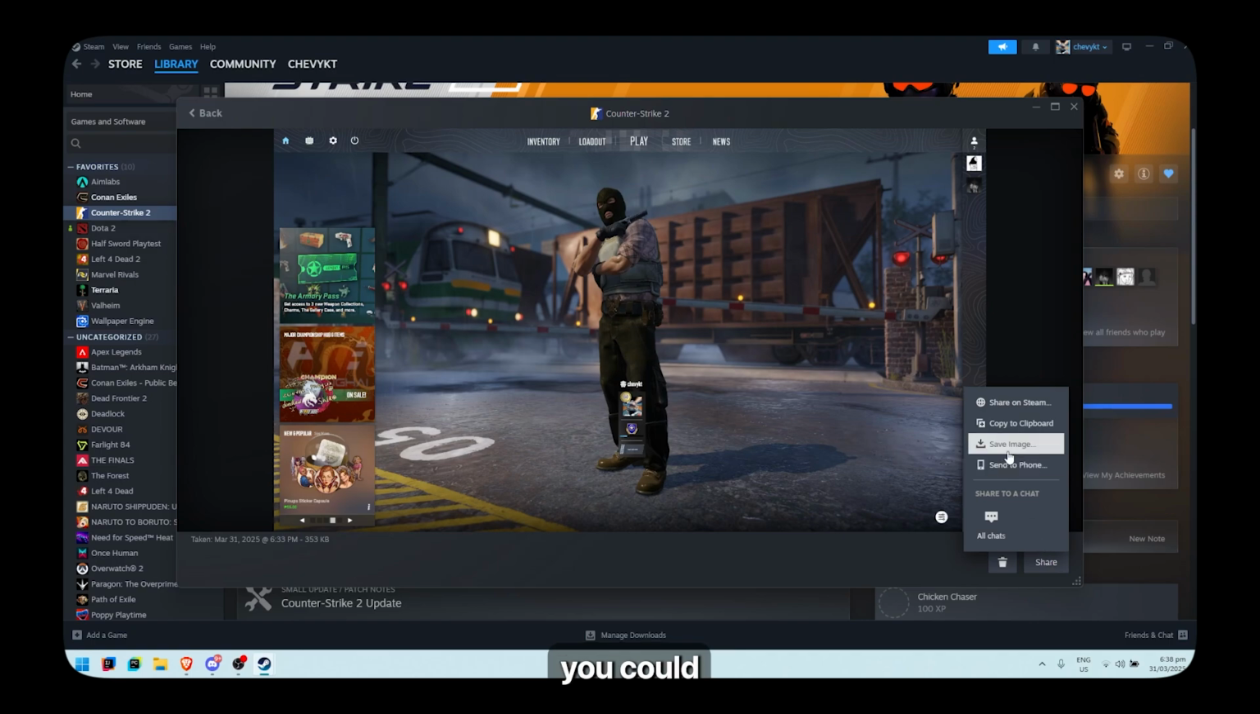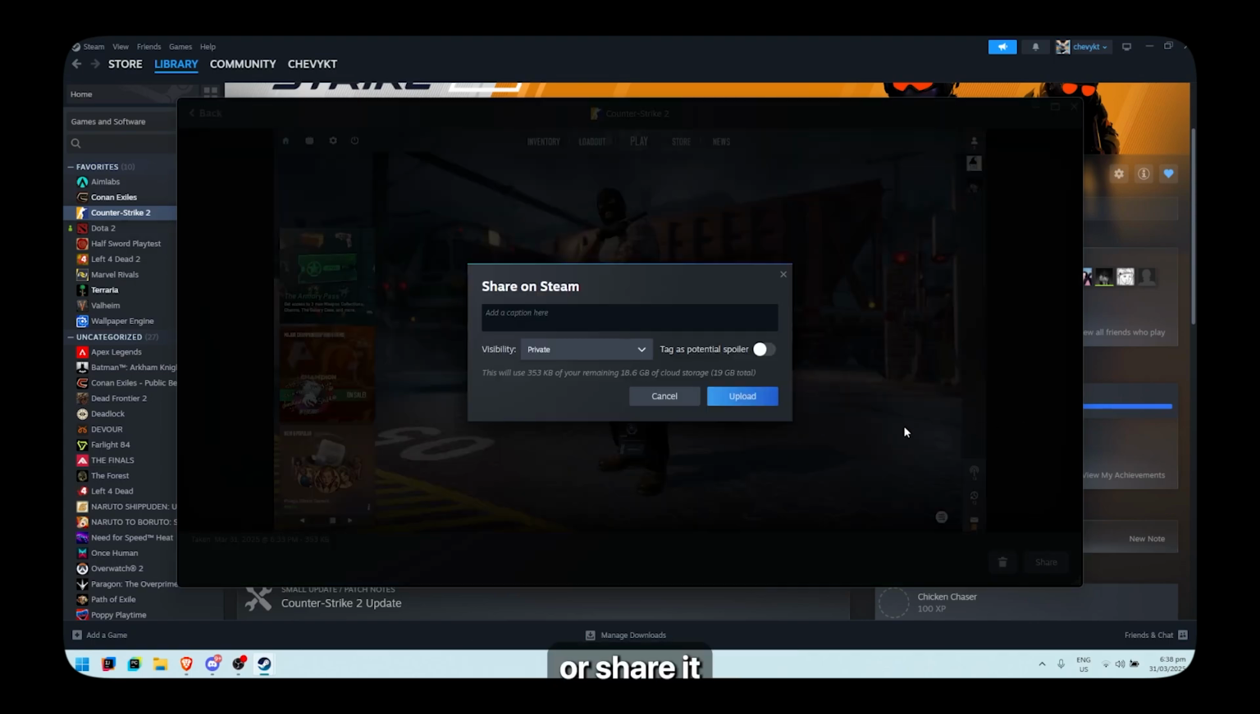And if you click on that, you could either save the image, you could copy it to clipboard, send it to your phone, or share it on Steam right here. And you could also add a caption. So you could set it to private, friends only, or unlisted. So I'm gonna set it to private for me. Click on upload,